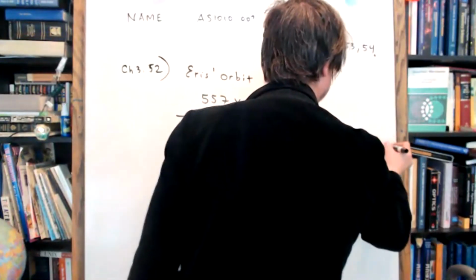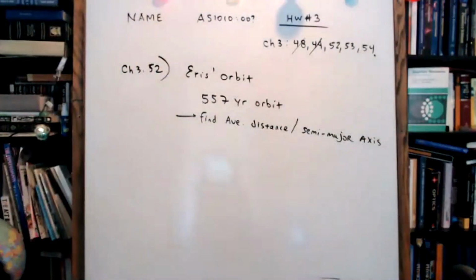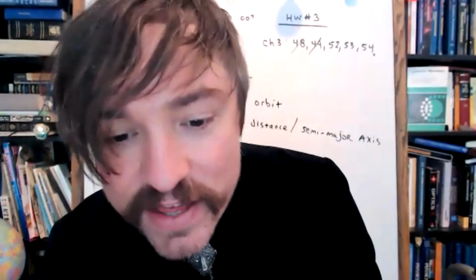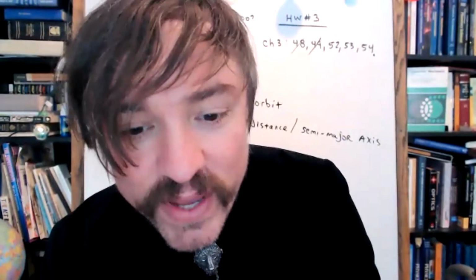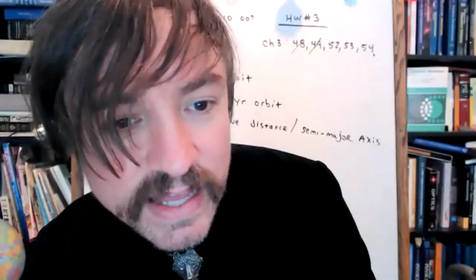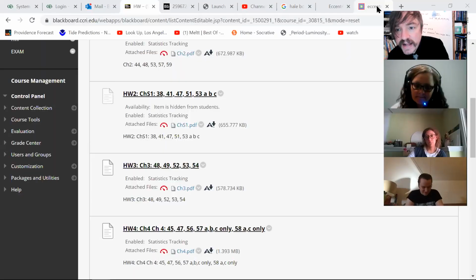What is it famous for? It's famous for being the object that got Pluto kicked out of the solar system. We discovered Eris was bigger than Pluto, and we couldn't let Eris into the solar system because then we were going to have to let all the other Kuiper Belt objects into the solar system as planets. So instead, we demoted Pluto, which of course upset a lot of people because they felt like they were losing a planet. In fact, they gained an object.